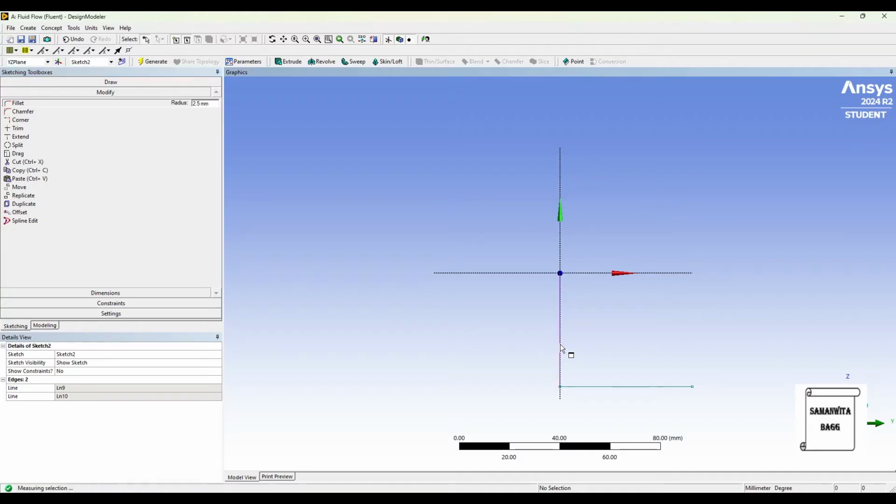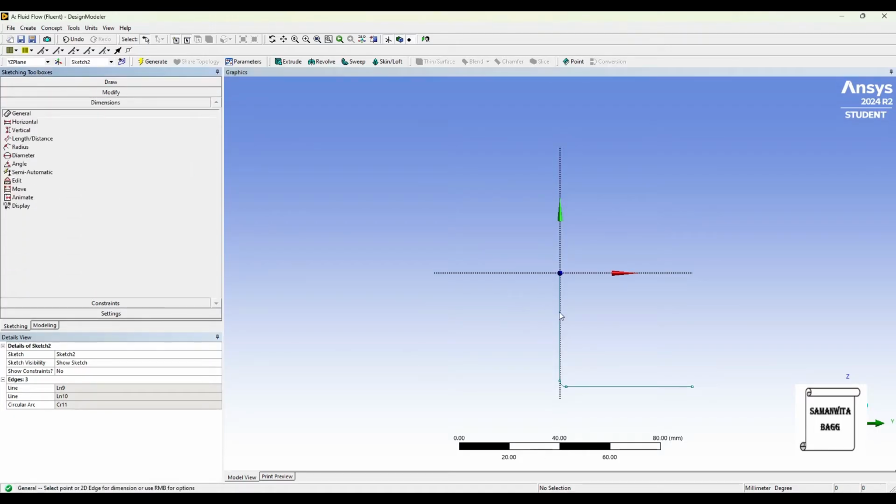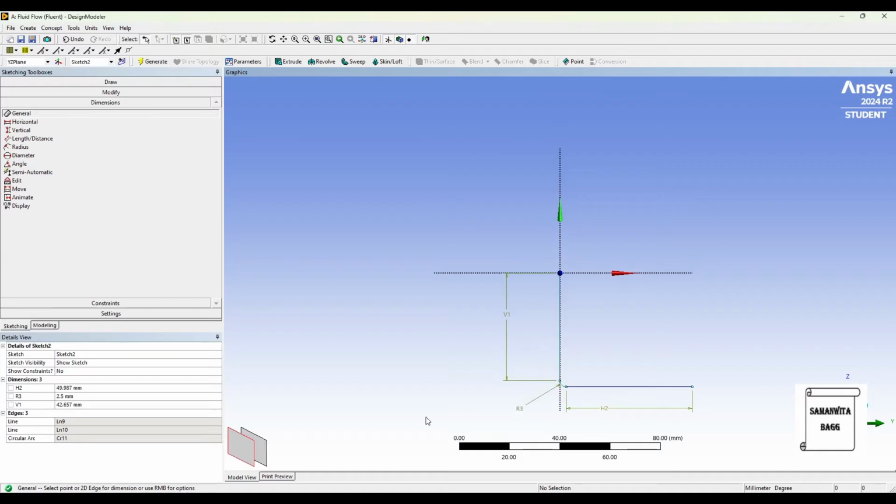Initially I'll keep the fillet value which is given, and then I'll change it. You can see here the radius is 2.5. For changing, I'll go to Dimension. I'll give the dimension of these two lines and also the radius here. You can see R3. This will give it a proper radius.